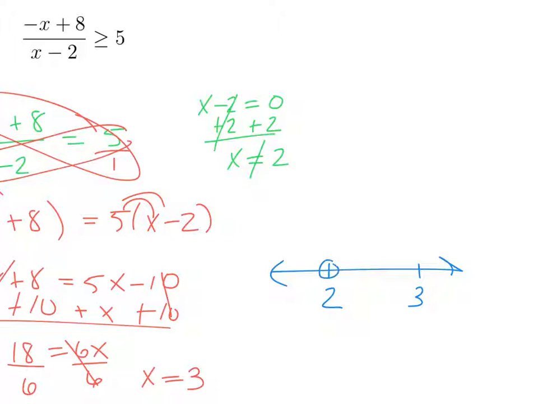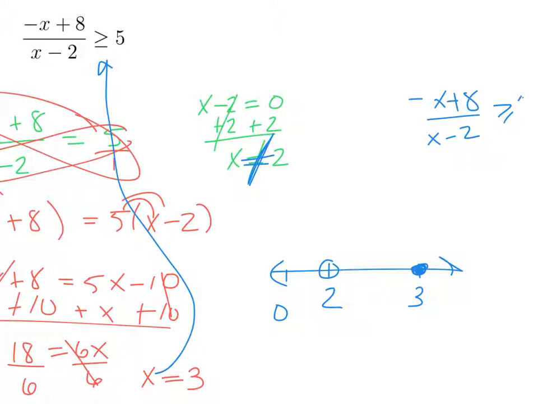The 2 will be open because that's the undefined value. We can't be 2. And 3 is going to be closed, and that's because if you look at the original symbol of the problem, it is equal to. And I'm going to go ahead and test 0. 0 is over here. So I'm going to plug in 0 into my original